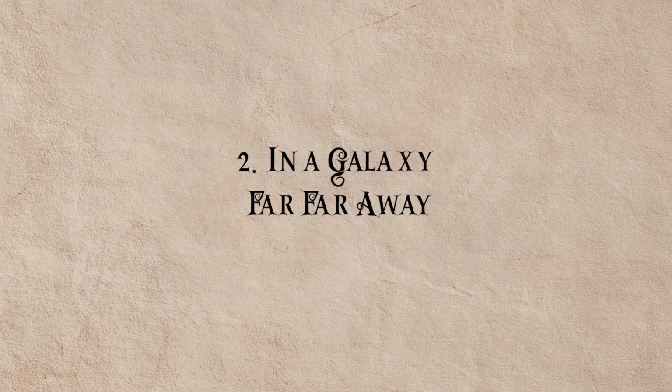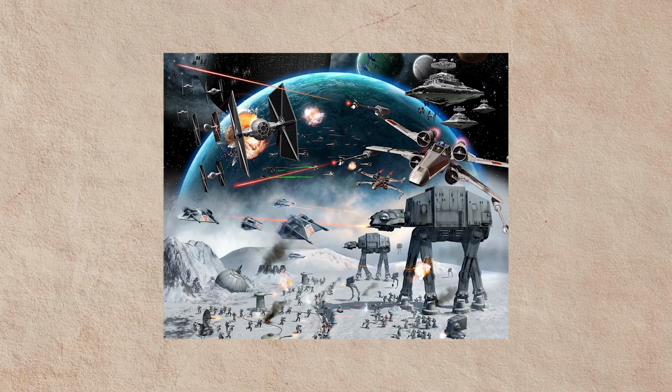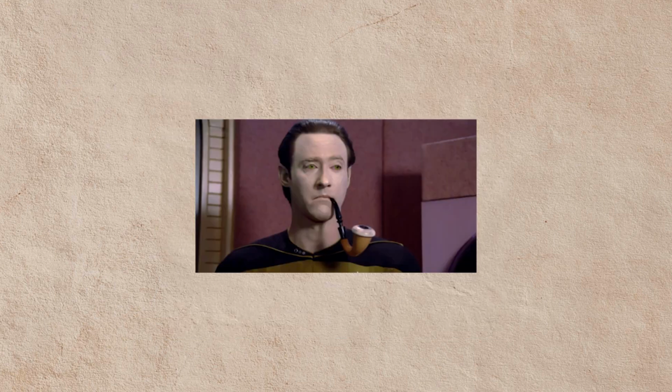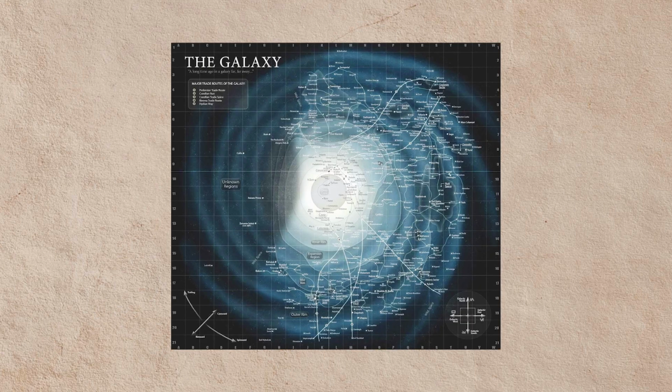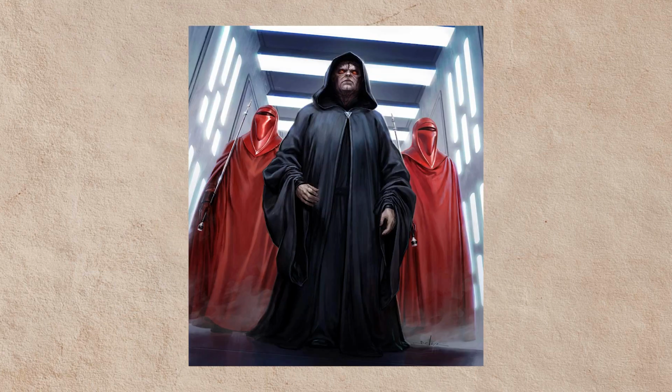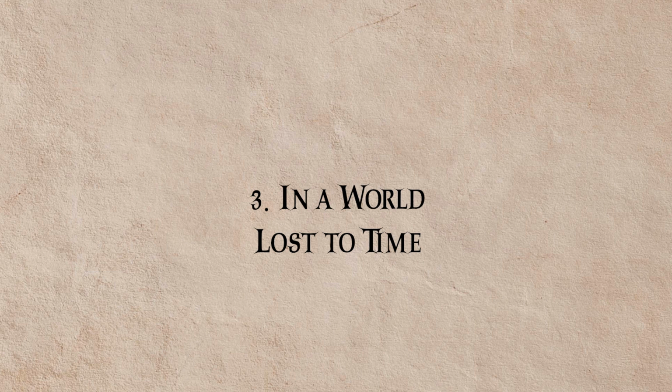Number 2, in a galaxy far, far away. In a galaxy far, far away, interplanetary travel is common and technology has progressed to the point where inhabitants have stopped seeking salvation through technology and instead seek peace through freedom, faith, and enlightenment. It is very common for planets to be monobiomed like a desert planet or an ice planet or a forest planet, but this is not necessary. The expansive nature of an interplanetary civilization often results in a tenuous leadership that oscillates between a centralized and decentralized government.